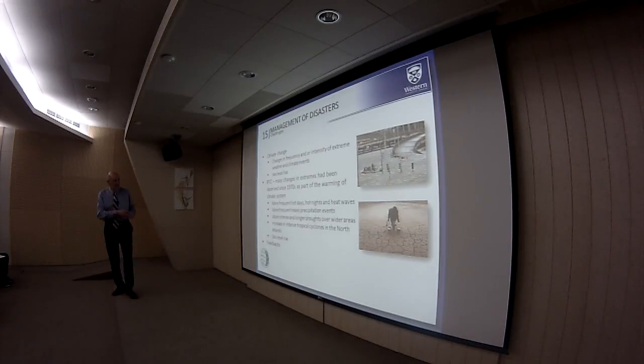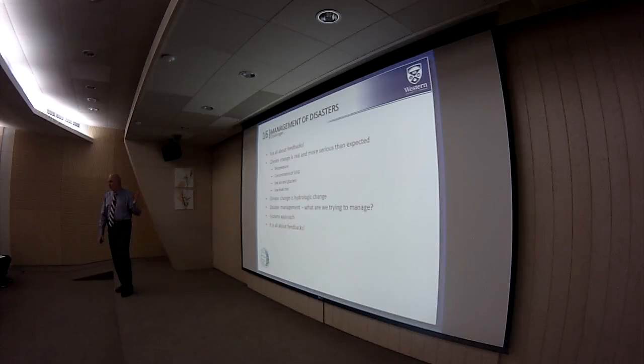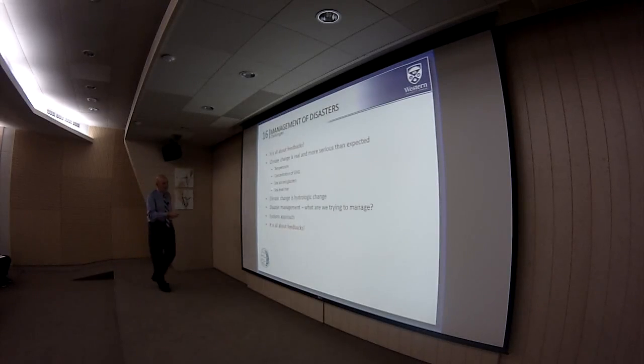I don't think it's of primary concern, but it's important to realize that the changing conditions within the physical system are generating these feedbacks, and I think everything is basically about feedbacks that affect the society, people, building infrastructure, and so on. So it is all about the feedbacks, and I think we have proof already that climate change is much more serious than expected. We see that through the temperature increase, concentration of greenhouse gases, sea level rise, and melt of the sea ice, as well as the glaciers.